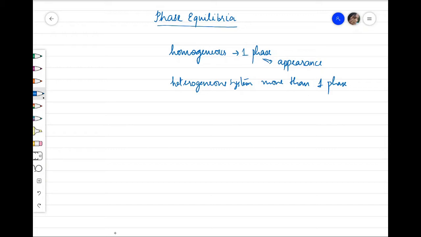And here, first we need to know that there is something called the phase rule. This was proposed by Gibbs in 1876, which is why it is called Gibbs phase rule. The phase rule connects the number of variables,